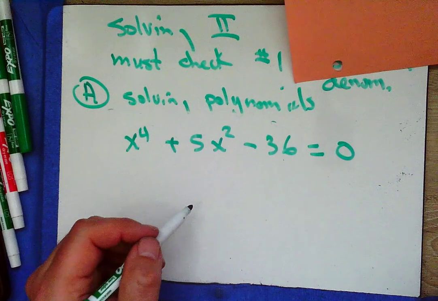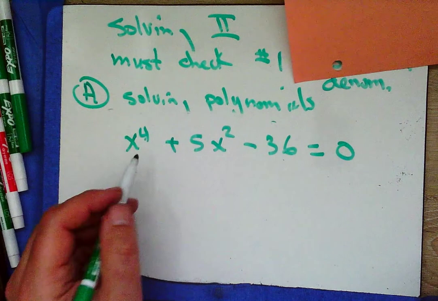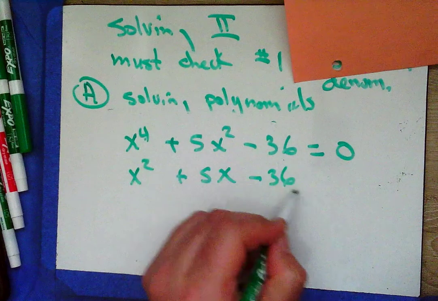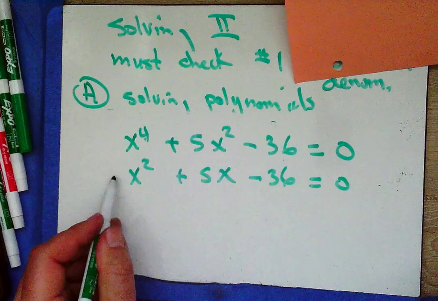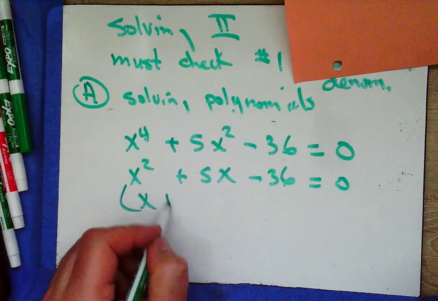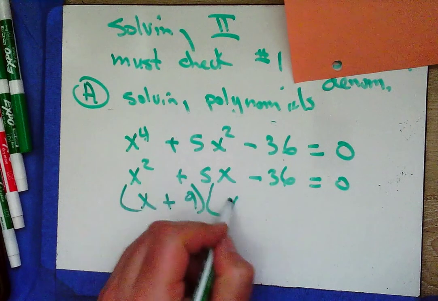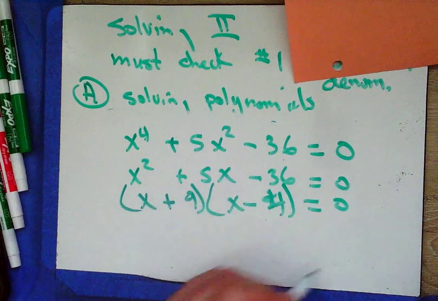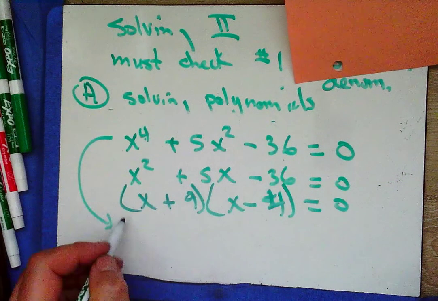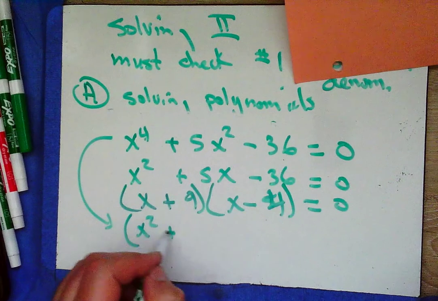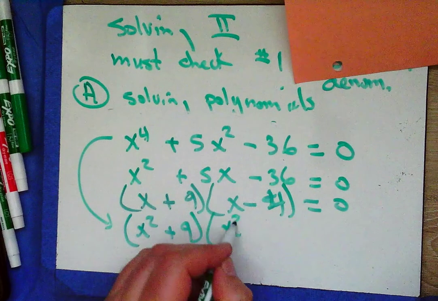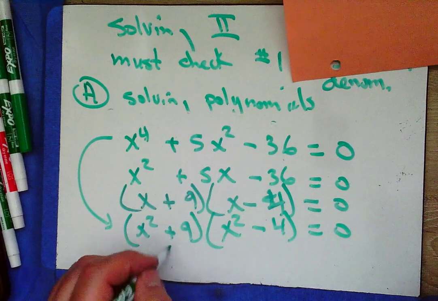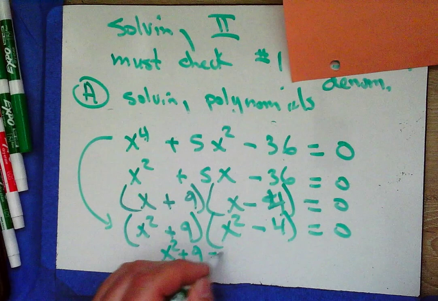It's a quadratic trinomial? No, it's a quartic trinomial. But this is going to factor the same way this did. Remember factoring this, and we said x plus 9, x minus 4 equals 0? Except with this one, it's going to be x squared plus 9 and x squared minus 4 equals 0. When I set each of these factors equal to 0,